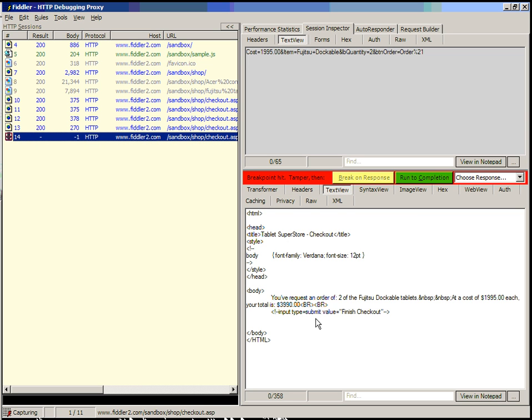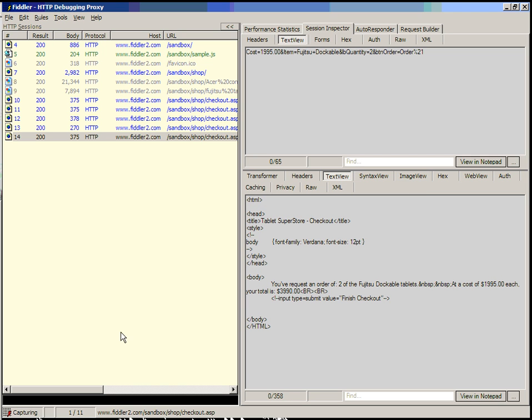So here we could make a different change. Now in this case, if we make a different change, nobody's going to see it, of course, because we're not actually attached to a browser at the moment. But this is a simple way that you can manipulate the server, particularly if you're doing request breakpoints. You can pass different values to see whether or not the server cares. So for instance, if we were to go back and turn off our breakpoint after rule, but turn our breakpoint on URL rule back on again,